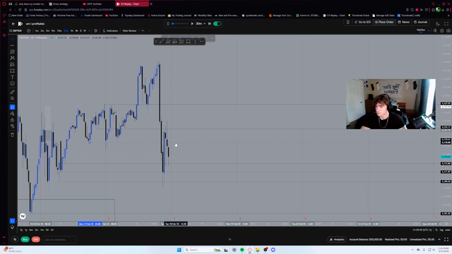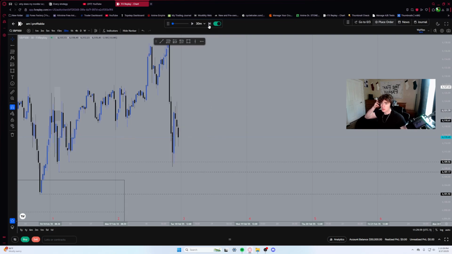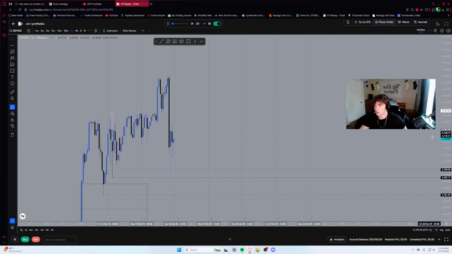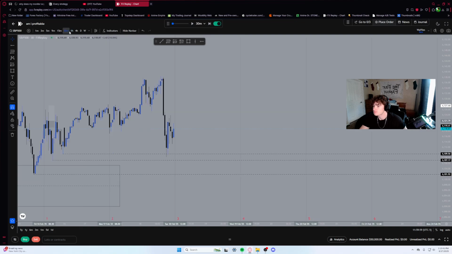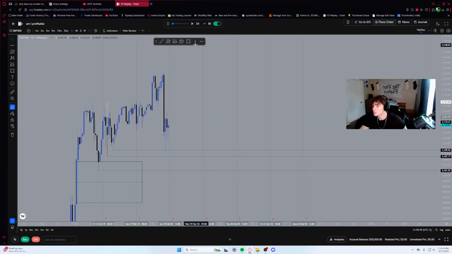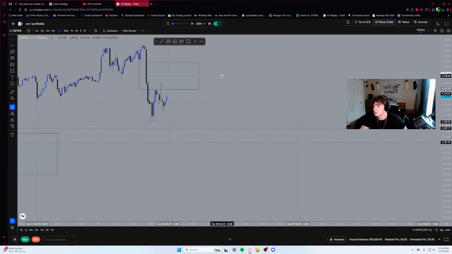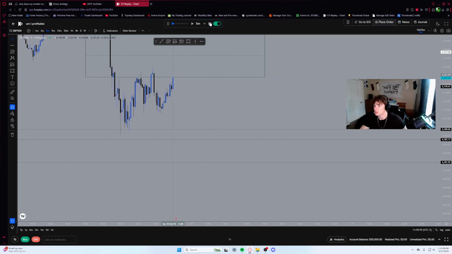Let's delete all these lines. Took out all these lows. We have another one right here. On the 1 hour, we are bearish. On the 4 hour, we are bearish. 30-minute, I didn't necessarily see. We are bearish. 15-minute bearish. 5-minute bullish. That's cool. Let's wait for a break of structure on the 5-minute.